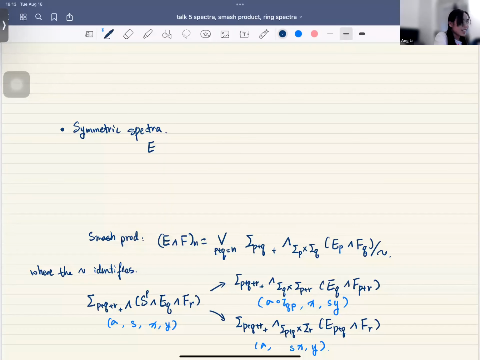Anyway, so E has at every level a pointed space that is Sigma n equivariant. So this is a symmetric group. It has an action of the symmetric group and plays well with the structure maps, such that the composition